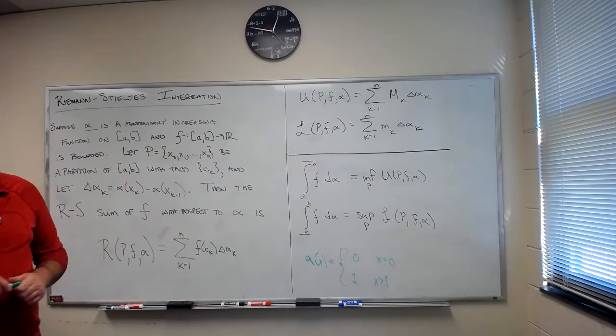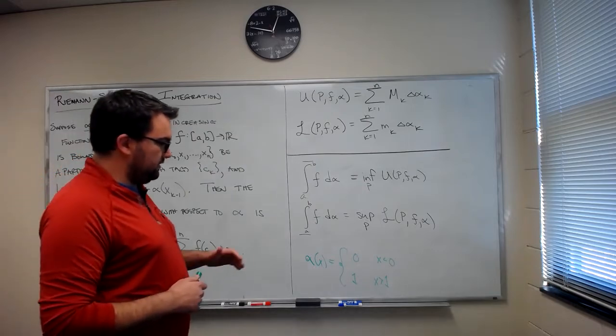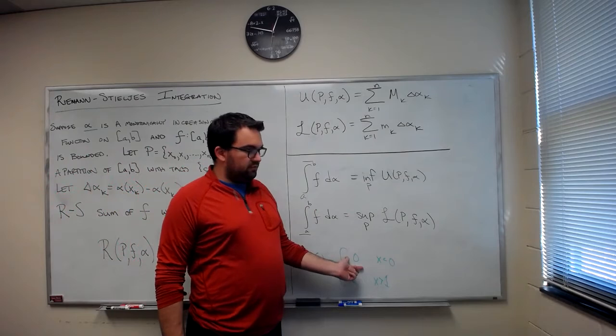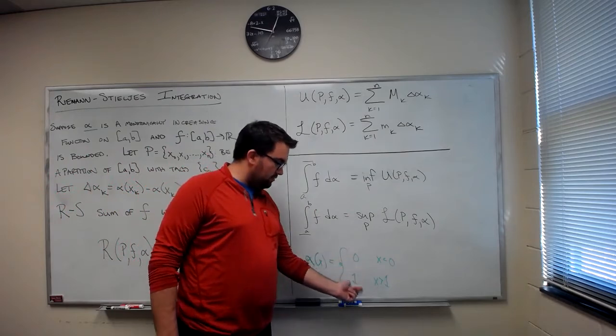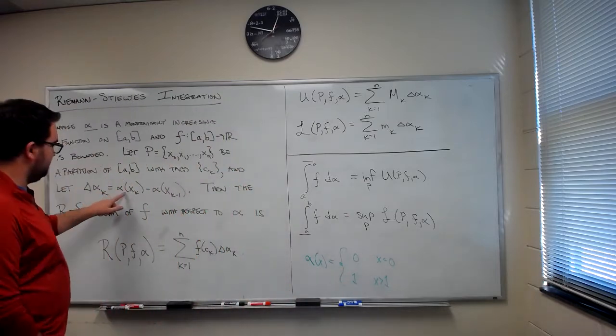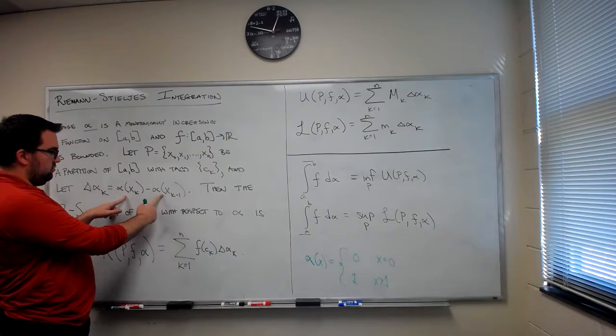So that would be a perfectly good monotonically increasing function. And then you could look at what's going to happen here. Essentially, here you're giving no weight to any of the points less than 0. And you might think, oh, I'm giving a lot of weight here. But because you're looking at this delta alpha k, what you'll actually see is